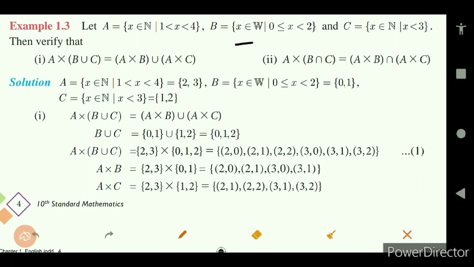Next, how do we define B? B is equal to x belongs to W. W means whole numbers. So in a limit of 0 less than or equal to x less than 2. And C is equal to x belongs to N such that x is less than 3. So we should find the numbers for A. First writing the A elements. A is equal to